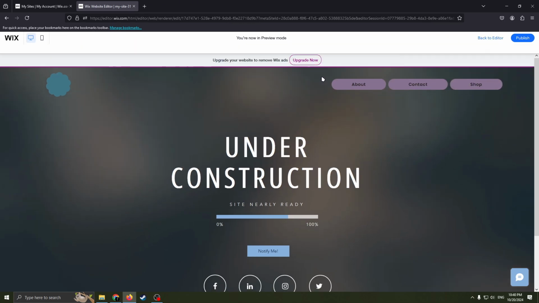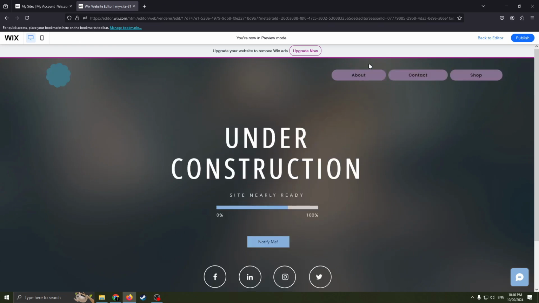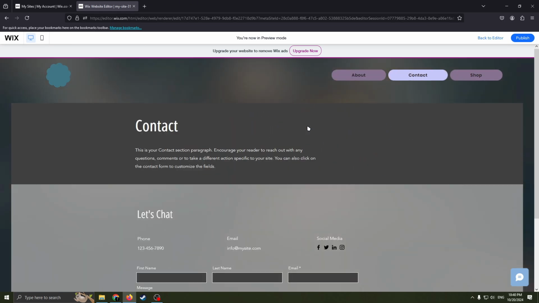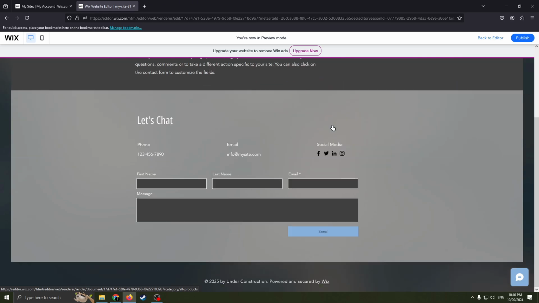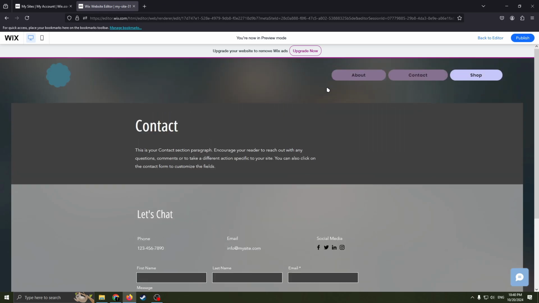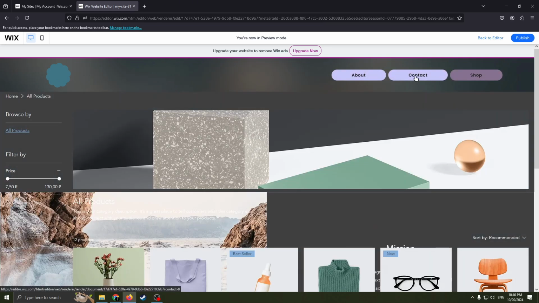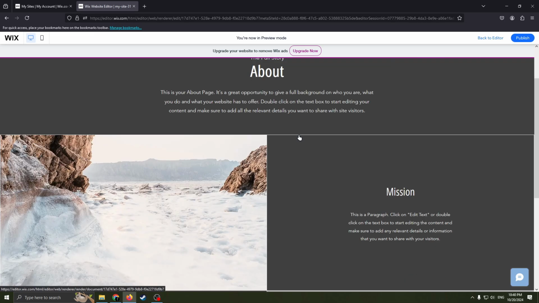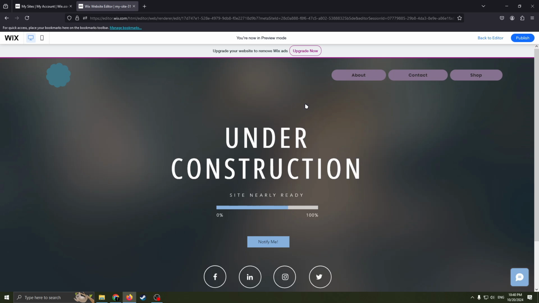Let's check how it works. Click this button, work, contact, shop. Yes, we don't have a shop section, but it's fine. And this button is working. Yes, you can see it. So let's go back to the editor,